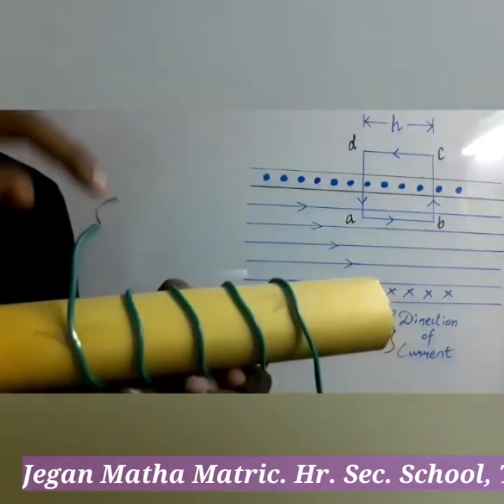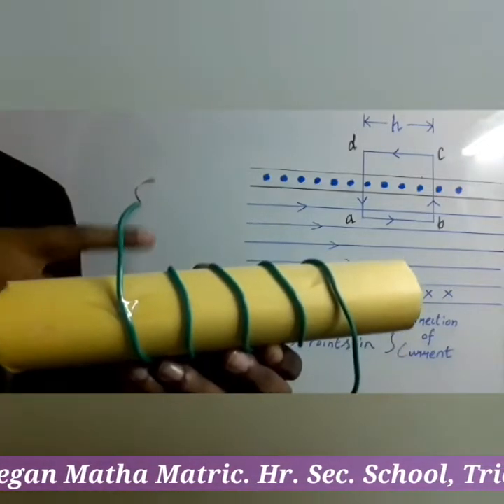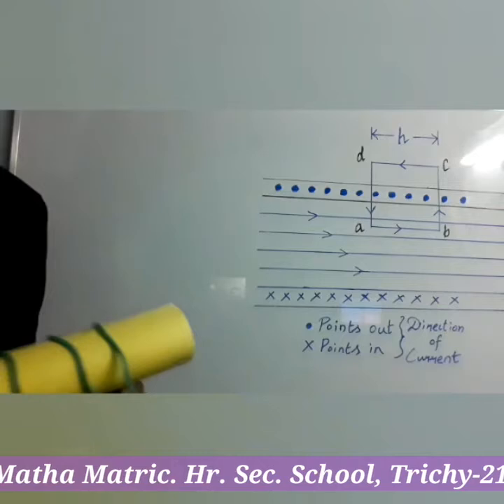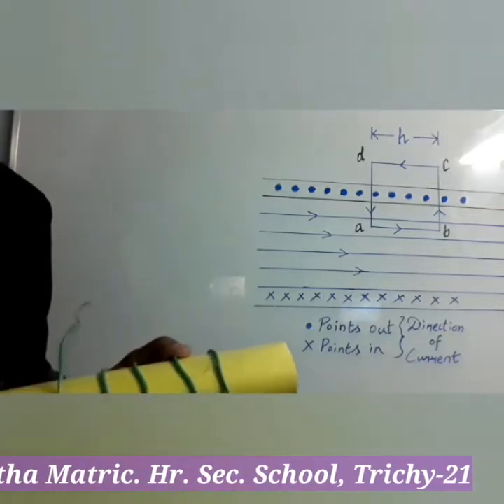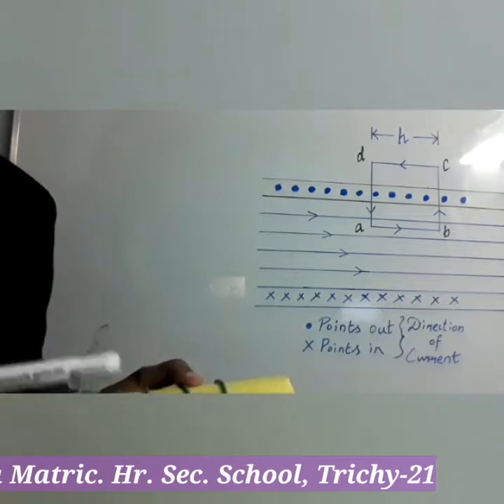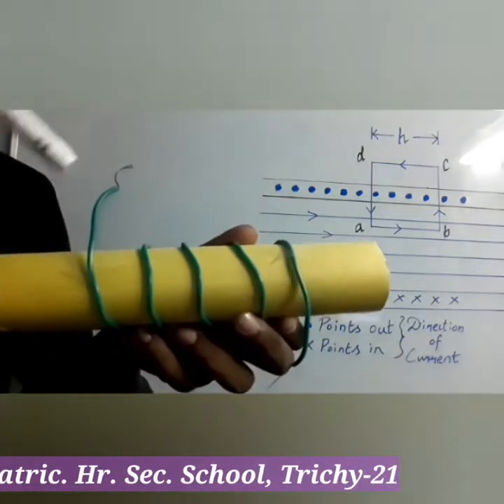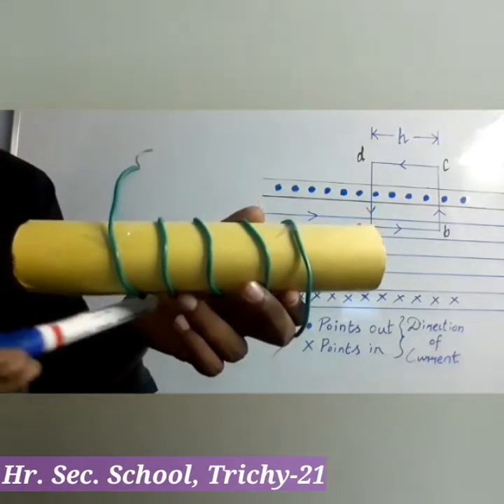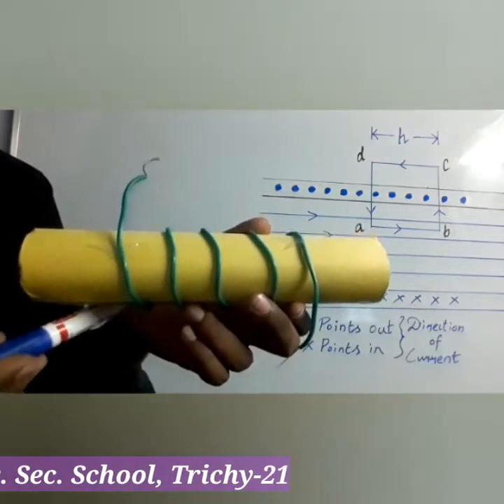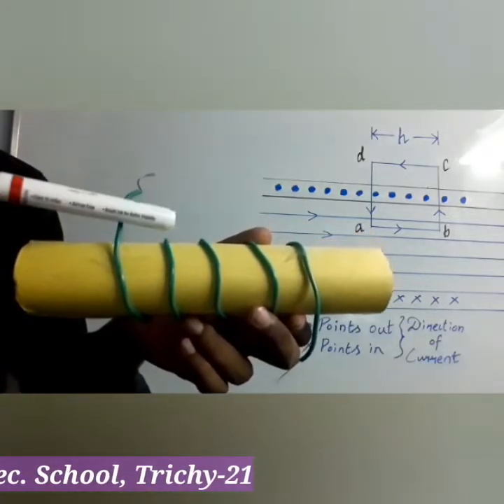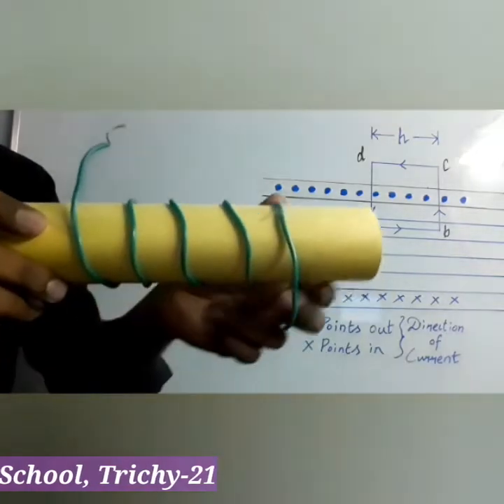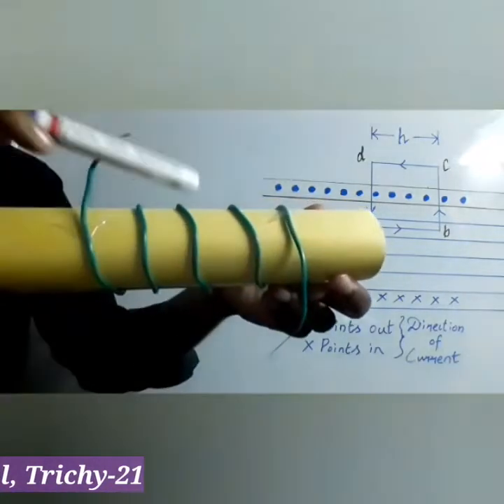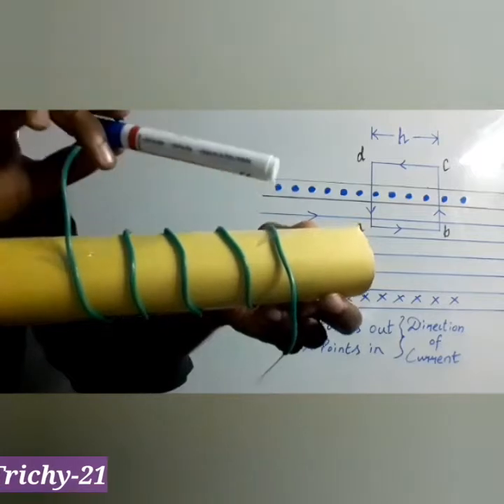When electric current is passed through the solenoid, a magnetic field is produced. In order to find the direction of the magnetic field produced by this current carrying solenoid, we need the direction of the current in the solenoid. So imagine current is entering the solenoid like this. At the bottom, current enters like this. After completing one turn, current comes outside. So at the top, current comes outside. To understand: at the bottom current enters, at the top current comes outside.